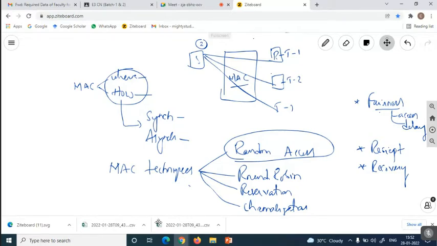Okay, next, compatibility. In the sense, when you are connecting a number of terminal devices to this one, all these particular terminal devices should provide the data only in the same format. That means the framing should be common for all these terminal devices. Suppose one is using one type of frame and another is using a different type of frame, and another a different type again, we can't provide compatibility between all these terminals. If they are compatible, then we can take the help of another terminal device. And if they are different, there is no need to take the help of another terminal device. That means they are incompatible. Like that, the MAC is going to provide it.